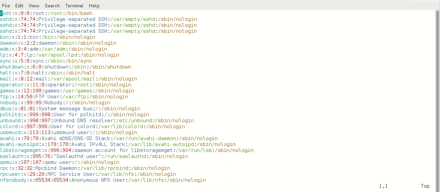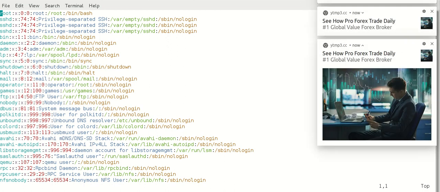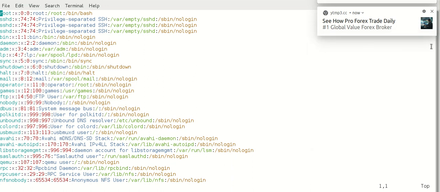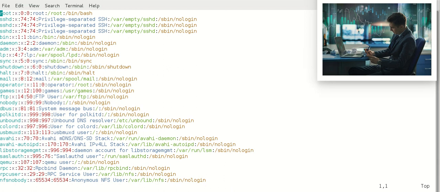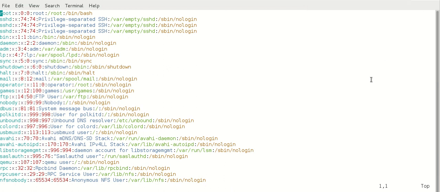Capital YY won't work here, only yy in the sense we can copy the lines. If you want to copy a number of lines, we can select the number of how many lines we are going to copy. Now I need to copy from root to SSHD.